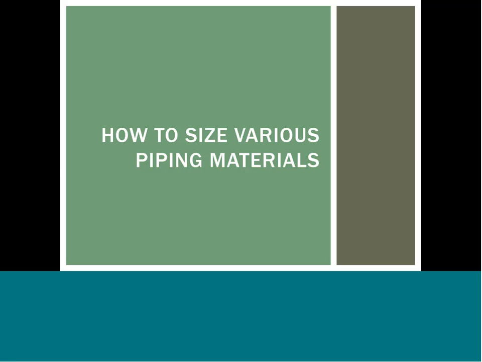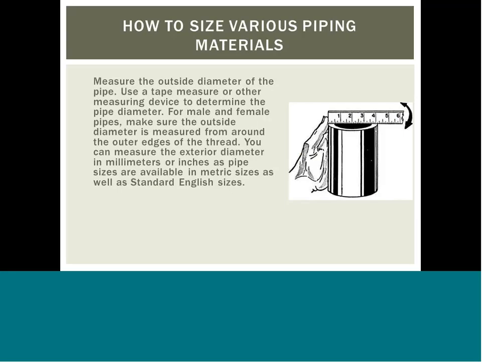Next, we will go over how to size various piping materials. Measure the outside diameter of the pipe. Use a tape measure or other measuring device to determine the pipe diameter. For male and female pipes, make sure the outside diameter is measured from around the outer edges of the thread. You can measure the exterior diameter in millimeters or inches, as pipe sizes are available in metric sizes as well